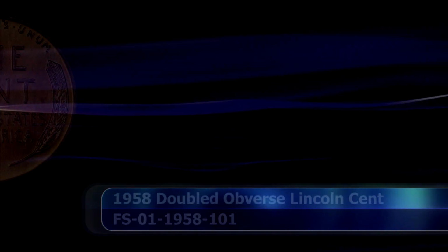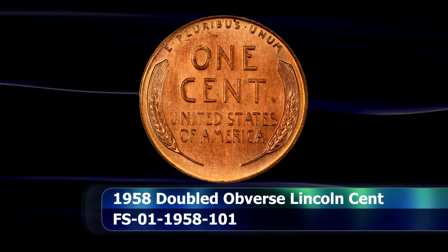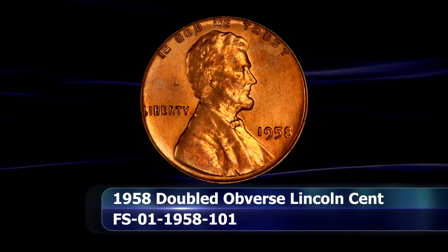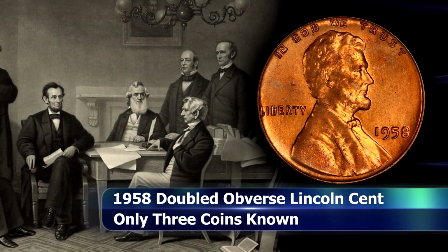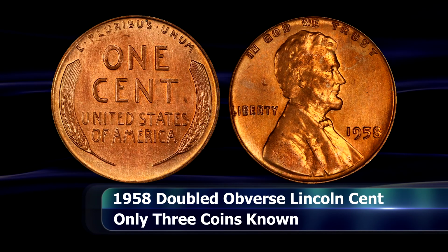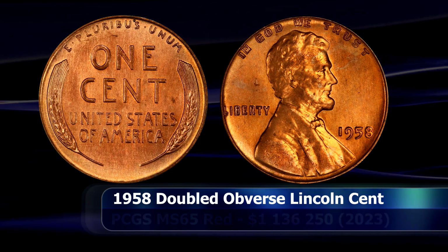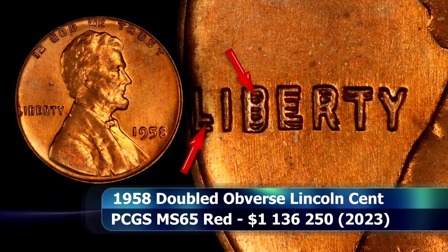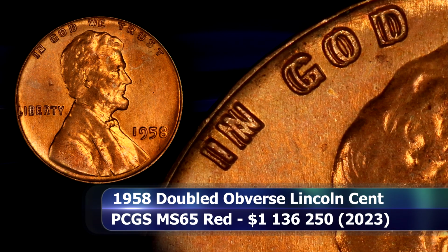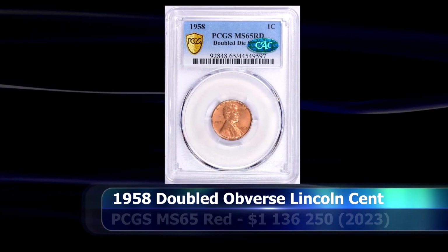$115,000. And then, by far the most expensive wheat cent ever sold, is the 1958 double-die obverse penny. This coin is oftentimes compared to the famous 1955 variety due to the similar doubling, but the 1958 piece is far scarcer, with only 3 coins like this known to exist. There is very strong doubling on the letters of "In God We Trust" and "Liberty" alike. Of the 3 known examples, 2 are graded as MS64 Red, leaving this one as the sole finest known with a grade of MS65 Red to sell at auction in 2023 for the amount of